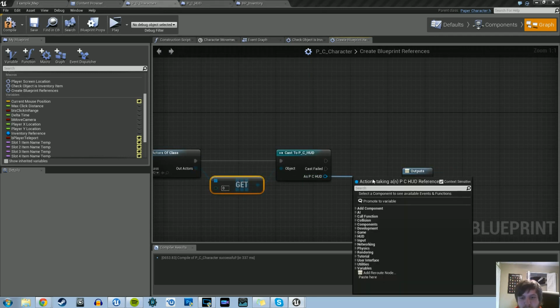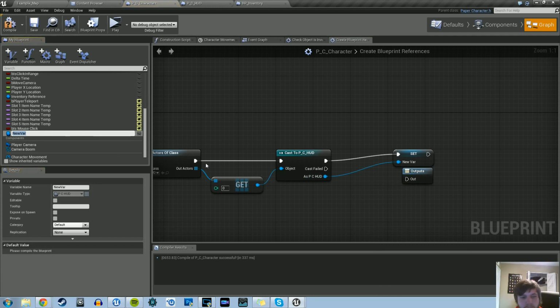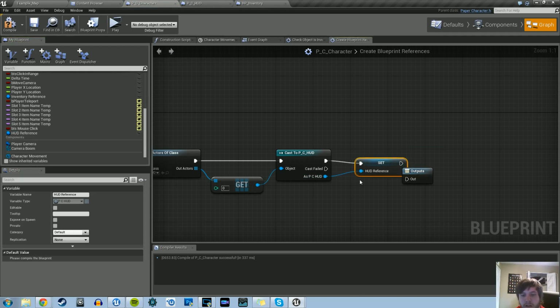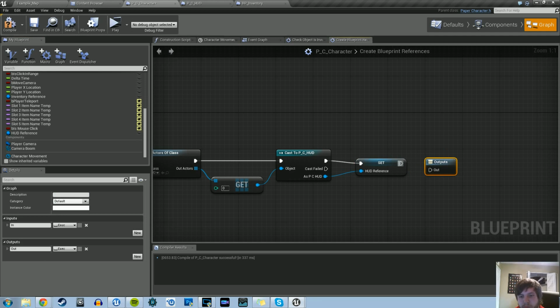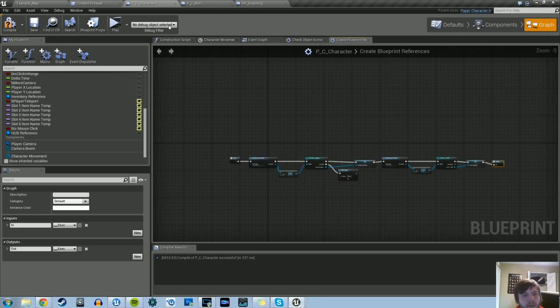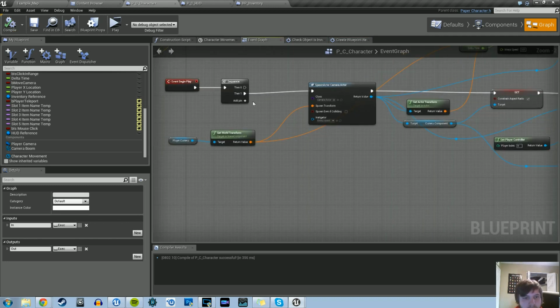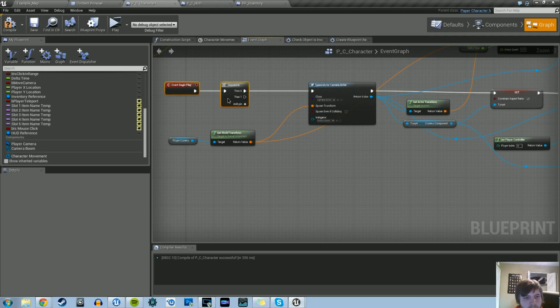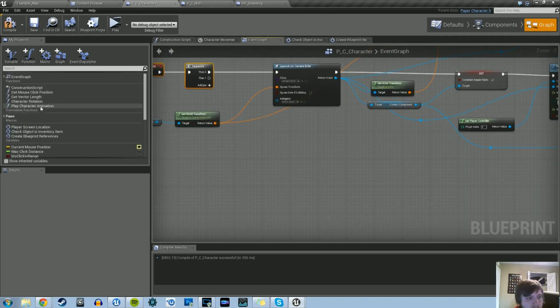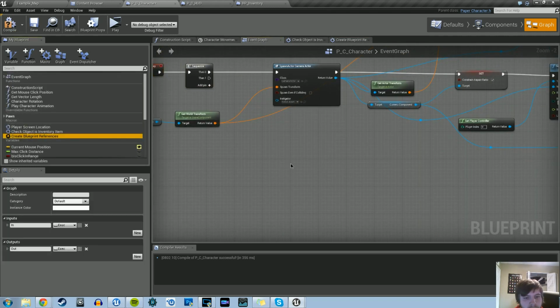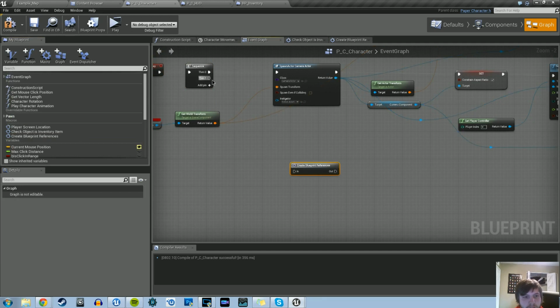And then from here, we're going to promote it to a variable. We're going to name this HUD reference. And then we're going to just plug that up to the output for now. So let's compile, go back into our event graph, and then from the sequence pin that we unplugged here, let's go ahead and drag out our macro for create blueprint references. Just plug it back up,